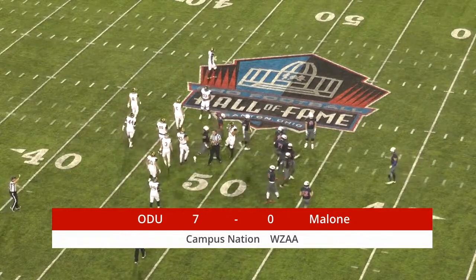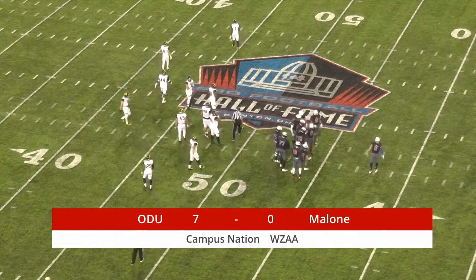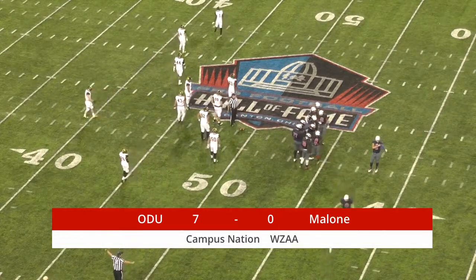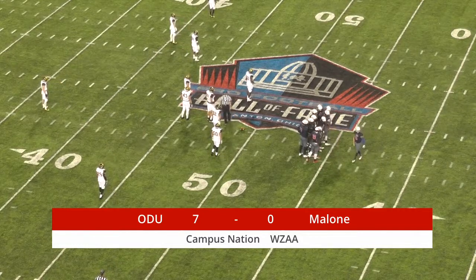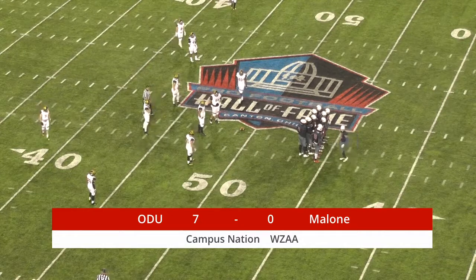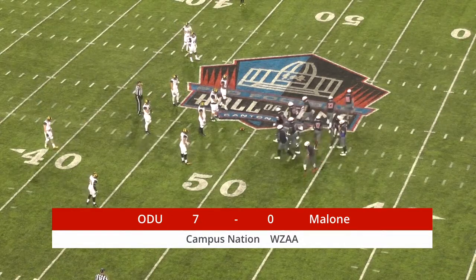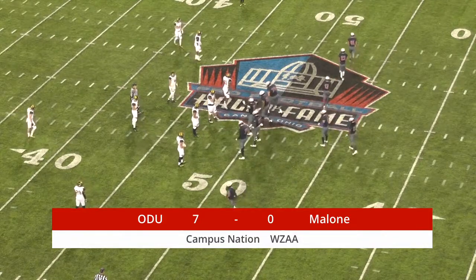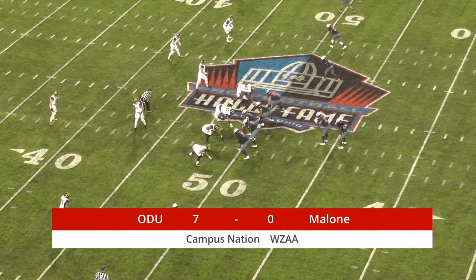Matter of fact, I think that is number 17 for the Pioneers, Cheyenne Peatway there on the tackle again. That's his second tackle. He's a right side cornerback for High Dominican University. Looks like they're going at him. They've ran a couple plays at him. He's made a couple nice plays after 4 or 5 yard gains. Yeah, he's a freshman, and when you see freshmen, they get picked on until they can prove that they belong